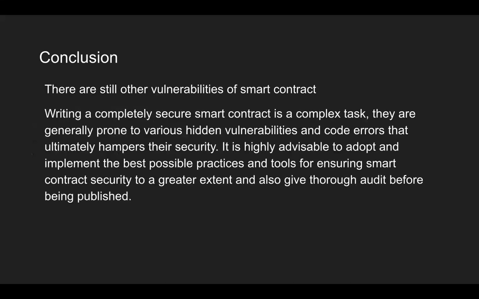So in conclusion, like I said earlier, there are still other vulnerabilities of smart contracts, and the honest truth is writing a completely secure smart contract is a complex task. They are generally prone to various hidden vulnerabilities and code errors that ultimately hamper the security, right? And it is highly advisable to adopt and implement the best possible practices and tools for ensuring smart contract security to a greater extent, and also go through audit